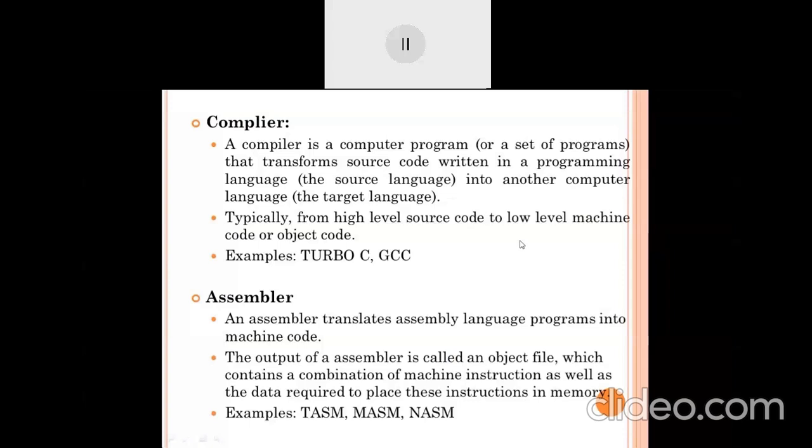Object code. Again, it not only converts your machine code, it converts to a different file, that is the object code. And these are the examples. We already know the examples of compilers: Turbo C and the GCC compiler. Again, different compilers are available. The working of a compiler is the same, but when we look at Turbo C and GCC, they work on the same principle, but they work on different operating systems. So yes, there are some differences there.